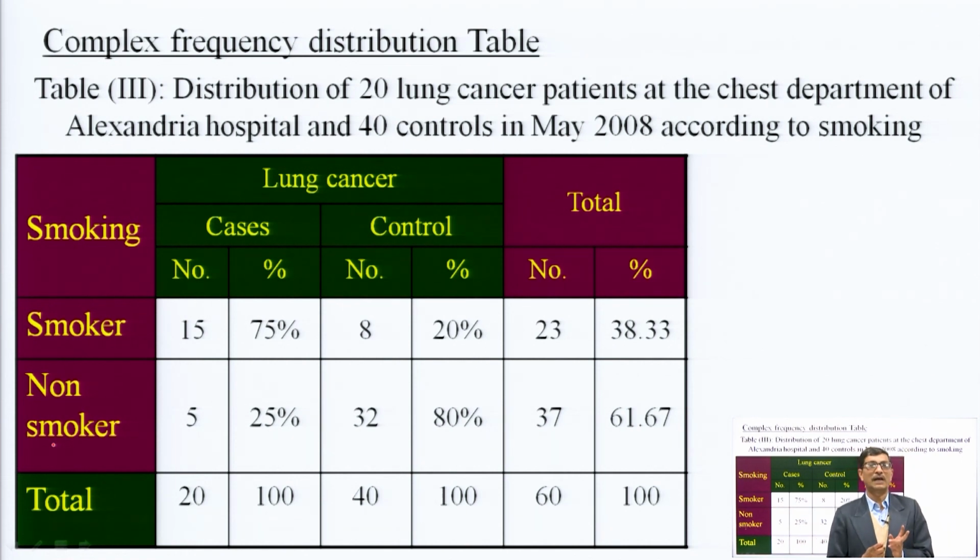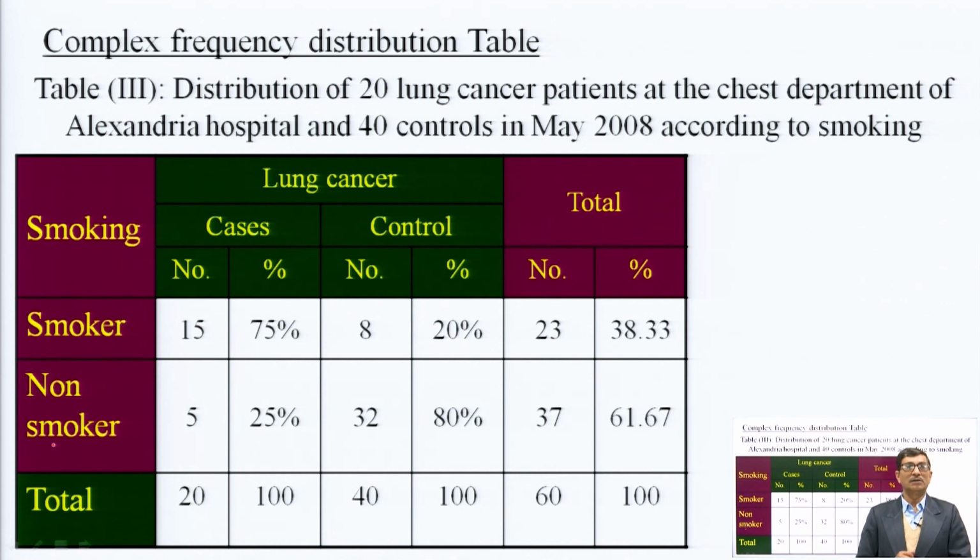So, here we have two variables, smoking and lung cancer. Lung cancer has further classification, cases and control, and the smoking variable has two levels or two classes, smoker or non-smoker. So, in this table, 15 patients have lung cancer and are smokers, and 8 are